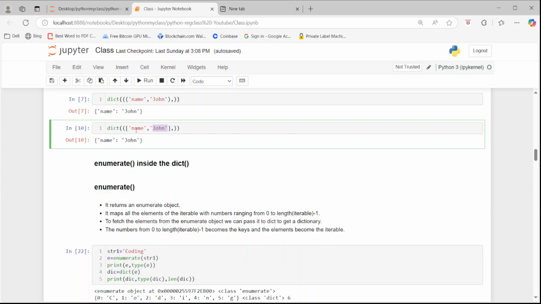Inside the inner iterable you're passing two elements. First element is this name, which will be taken as key. Second element is this value John, that will be taken as the value. Okay, first element is this name, which is taken up as the key. Second element is this John, which is taken up as the corresponding value of the key, and you get a dictionary, keys to value pair. Okay, then moving to the next one,